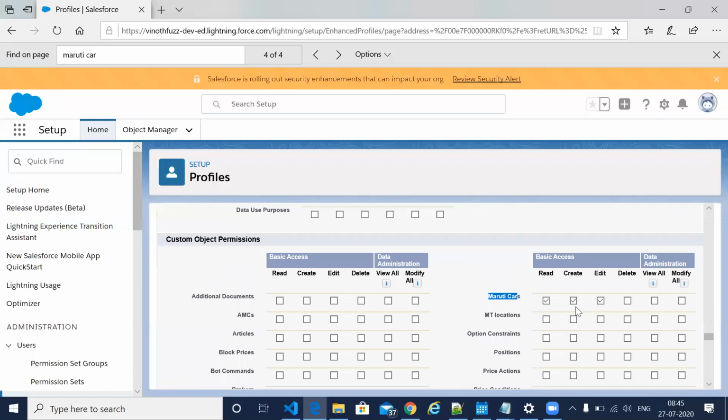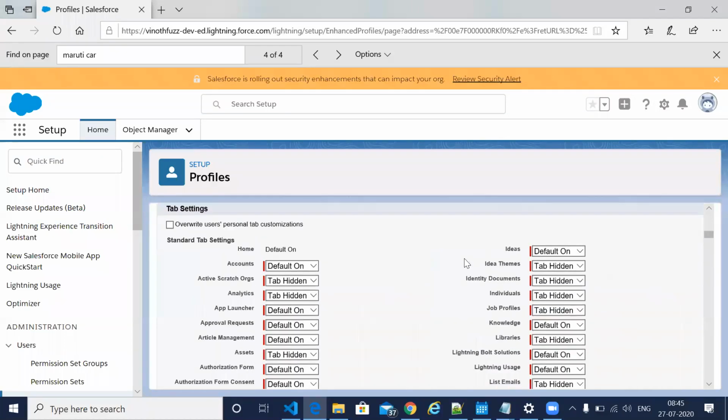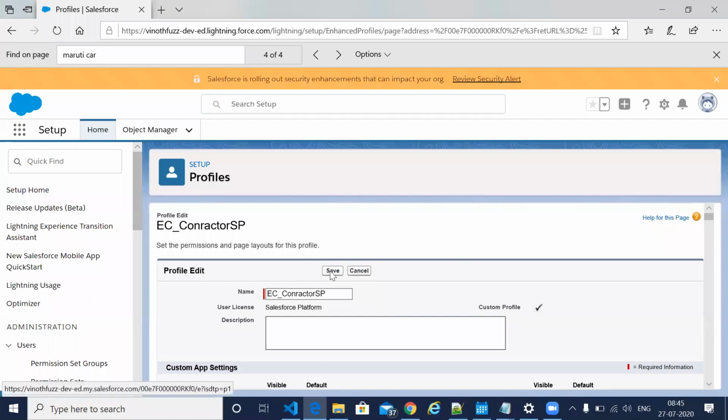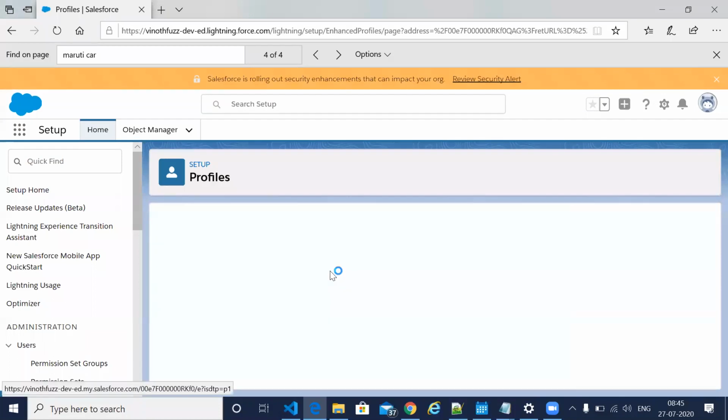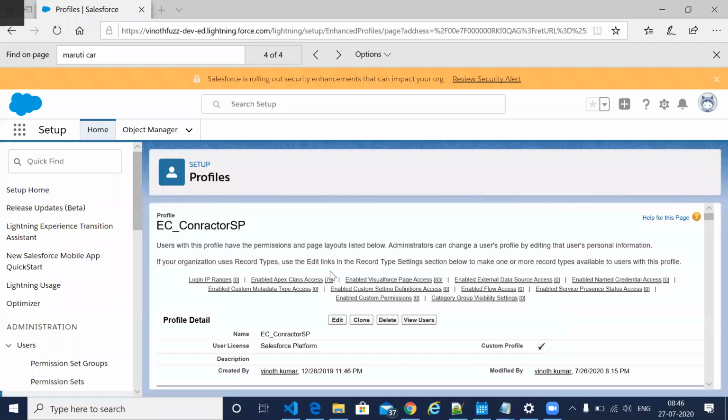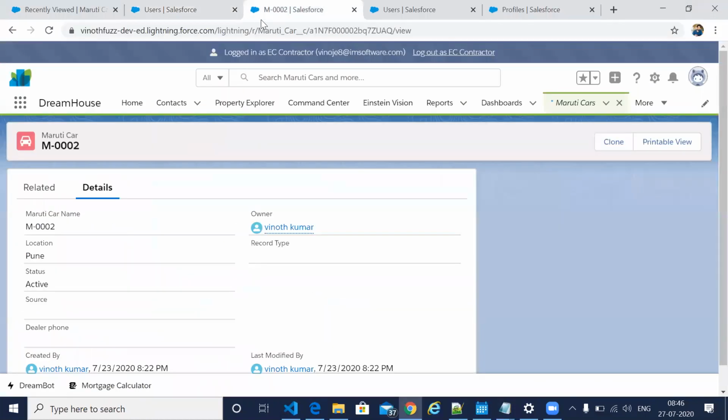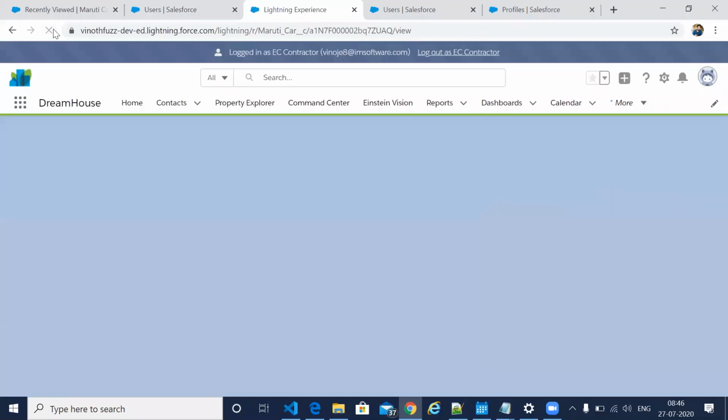Before, we had only read and create. So I have given him edit access now. It's saved, and I'm coming back to this record where I logged in as this particular user. So I'm reloading it.